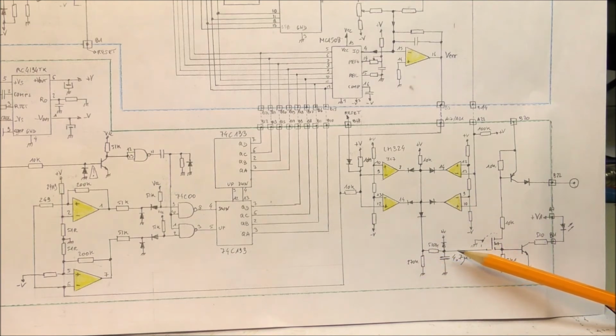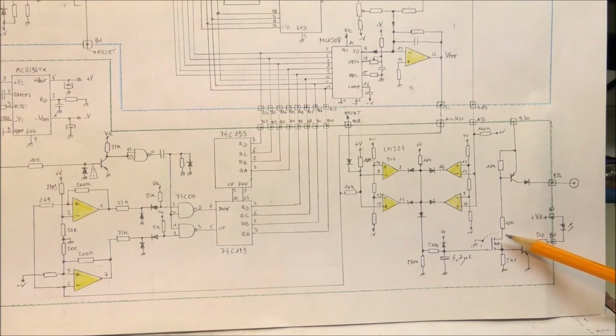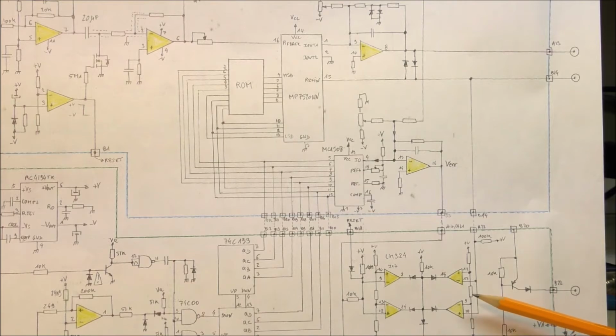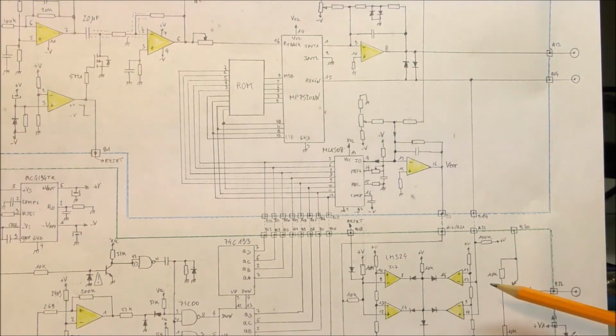So this permits, after filtering, to turn on this MOSFET. And this MOSFET permits to have a current which flows from this point to the ground. So this permits the saturation of this transistor, which permits to turn on this LED and also to turn on this PNP transistor in order to indicate that the system is okay. And the second comparator senses the output voltage here, which is the rate of change. So if the rate of change is too low or too high, there will be also an error.